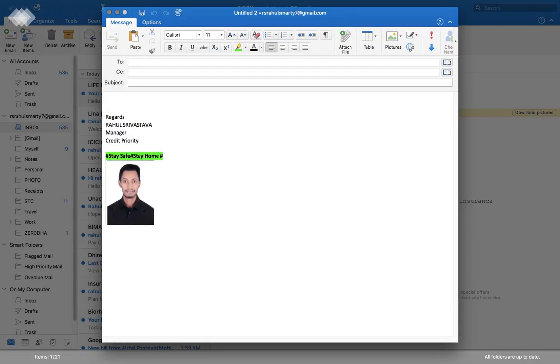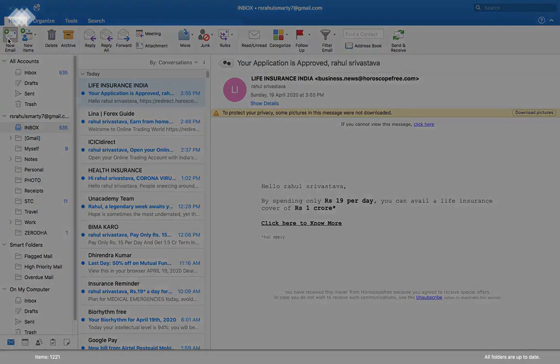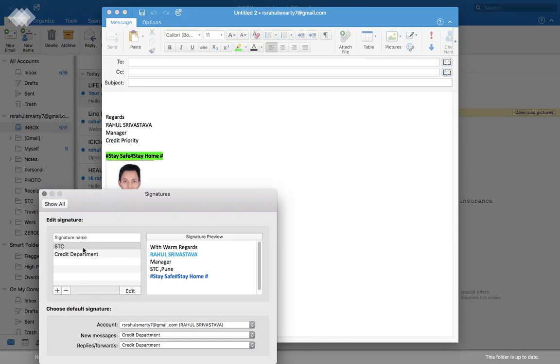First and foremost, we'll open a new email. As soon as we open a new email, we'll get an option over here named Signature. We'll click on that signature and go to Edit Signatures. After going to edit signatures, whatever the earlier person has made will come.